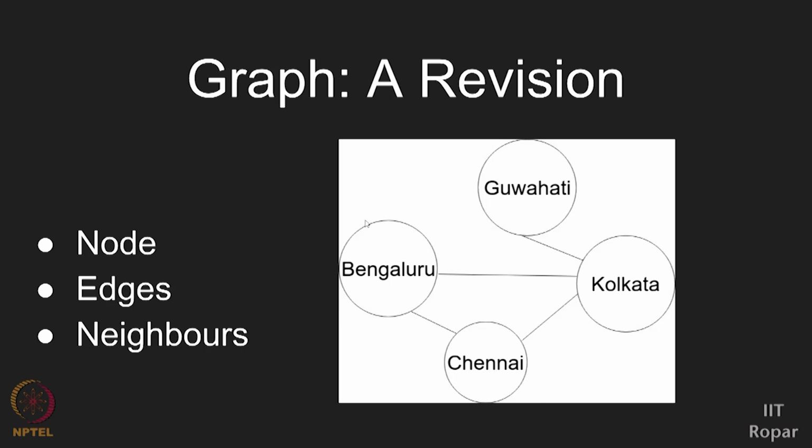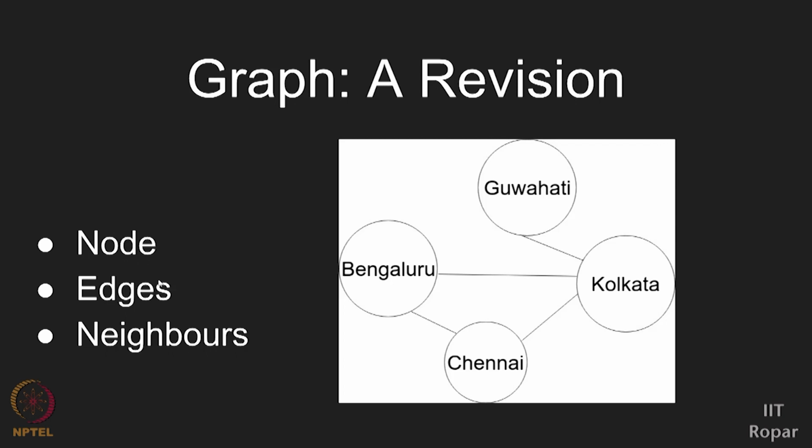Here the graph is nothing but a set of points and lines. Points are technically called nodes and lines are technically called edges. In this railway network, we had the cities or the railway stations as nodes, and there is an edge, a line, between two nodes if there is a direct train from this city to that city. That's how we modeled it and created a network, a graph. So nodes and edges are the terminologies I would like you to recall.